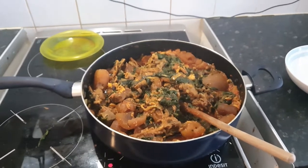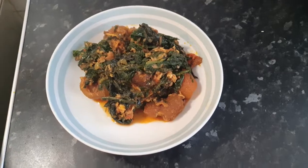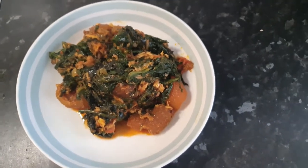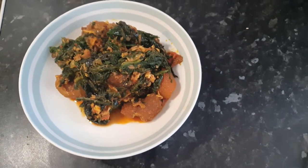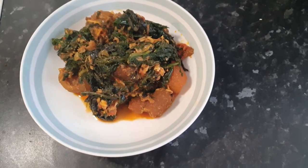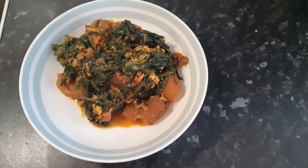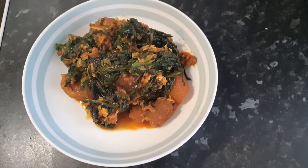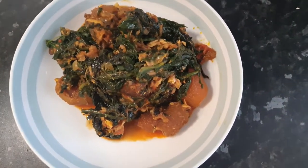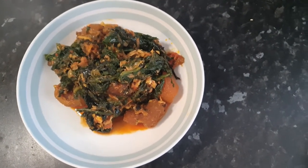So I'm going to serve this up and show you the final result. So guys, this is the final result of the Efo Riro. I love that one, it's not watery at all, two, it's not too thick, three, it's not too crowded, four, it's got just the minimal amount of palm oil. I love using palm oil to cook, so it's not got too much. And there we go. So like I said, I'm going to be eating this with my keto swallow, and yeah,